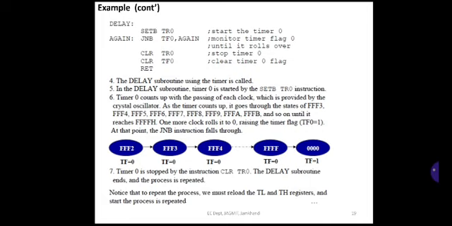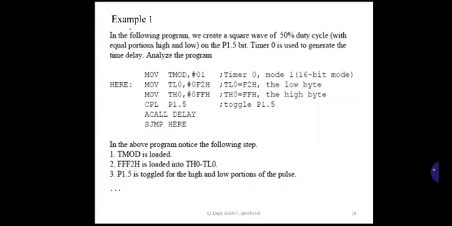RET means we have come from the main program, so it will return to the main program. The instruction that was called was CALL DELAY, so it will just execute the next instruction after the CALL DELAY, that is SJMP. Here SJMP is a short jump; without checking any condition it will jump. So this process is going to be continuously done without any stop.